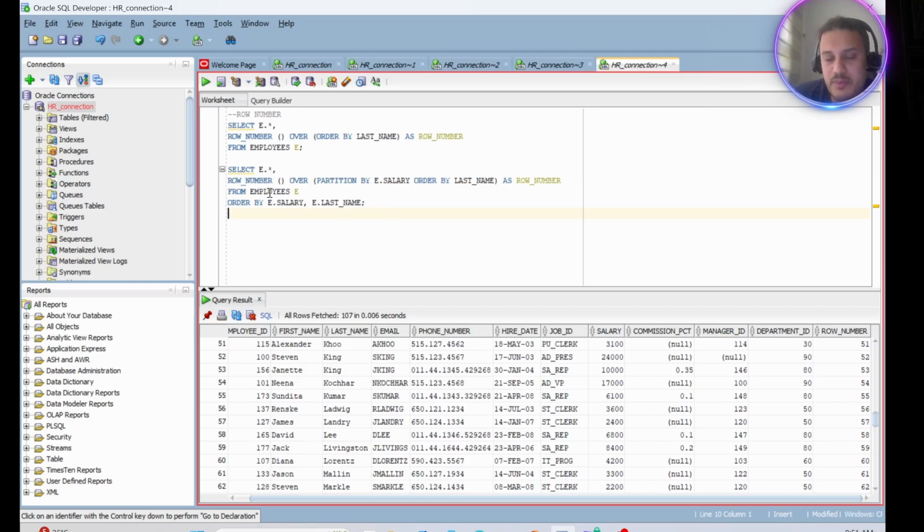So we have row number, this is the function, over, this is where we tell Oracle we use the analytic functions, partition by the salary, this is we chunk the data depending on the salary, and order by last name, this is we sort the data depending on the last name in ascending order, but we divide the data depending on the salary. So if you run this one,